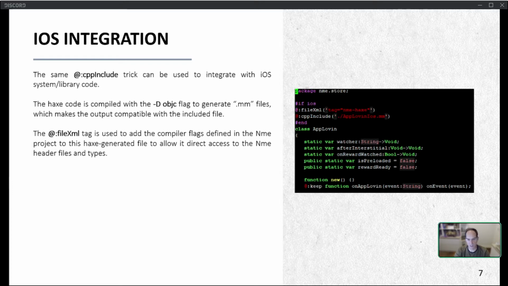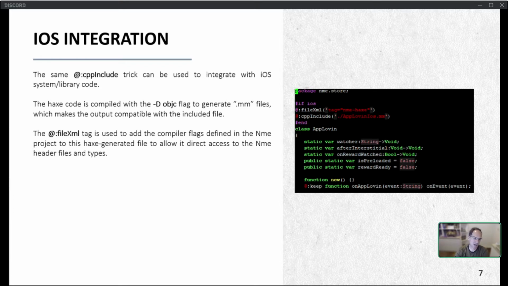So in this particular case, I put all the API calls into this one .mm file, then I inject that whole file into my CPP generated file, and then call functions in this API file quite naturally from the Haxe code using some standard externs.